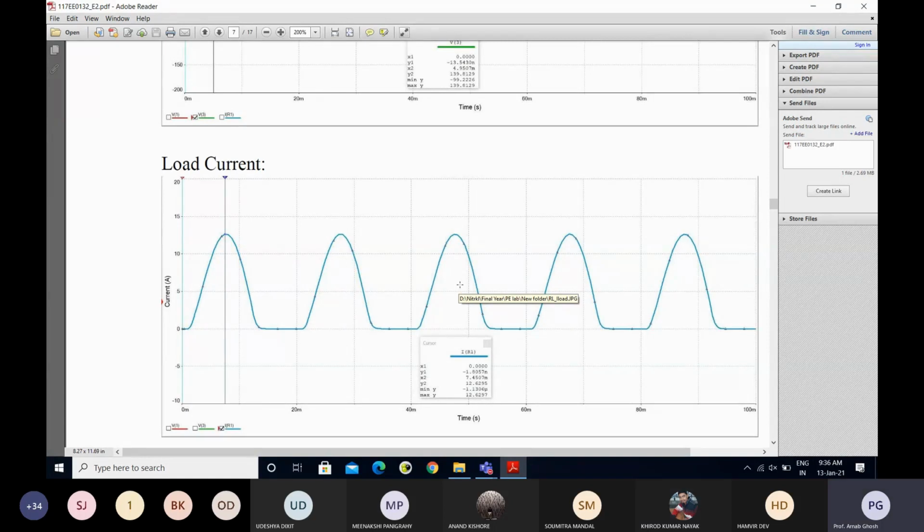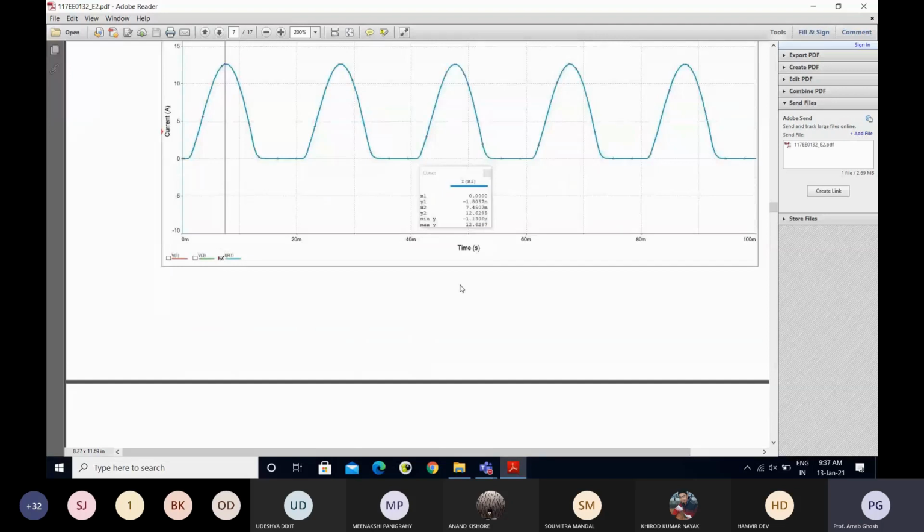Like RL load and RLE. Okay, Firoz, are you able to understand? That kind of study is important, so you can have more idea on it. As we are working on simulation, everything can happen. Practically, the same study is quite difficult, as changing the inductor all the time is not possible. So in simulation we can study and observe new things. There should be that motivation. Okay, scroll down. Yes, call me, sir.